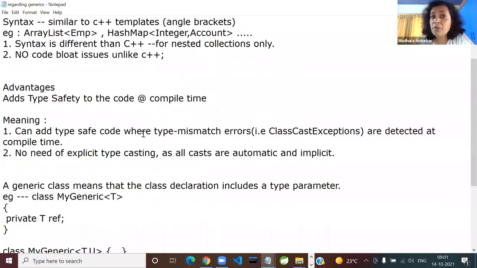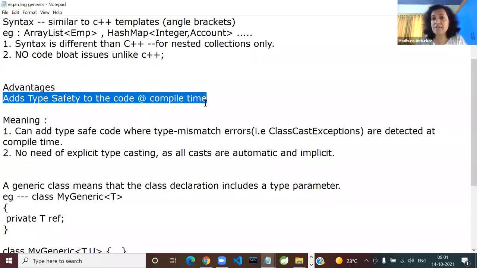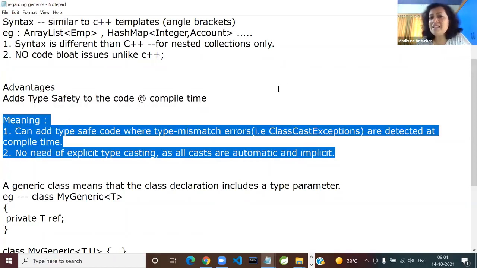So now coming to the main question. What is the advantage? Any question, any new topic, we start with why. So there is a solid reason why you are learning generics. Here, one line answer: adding type safety to the code right at compilation time is the job of generics. Again, will you understand the meaning? You won't unless you type out some code with me. Okay. So deeper meaning, deeper means detailed meaning, is,